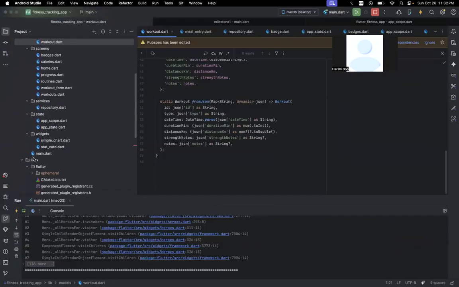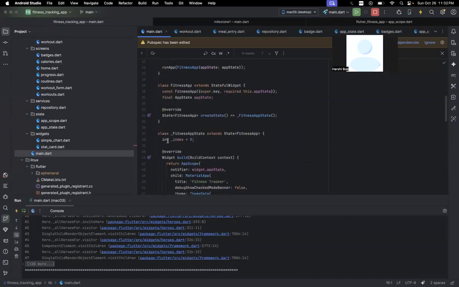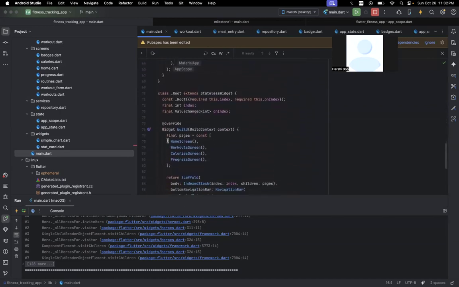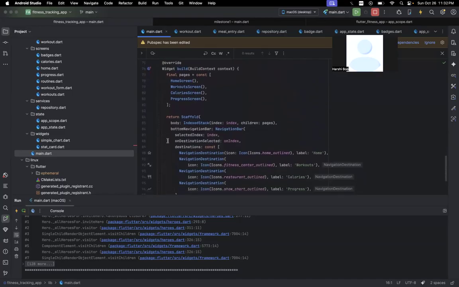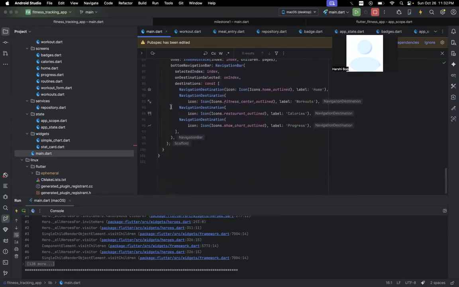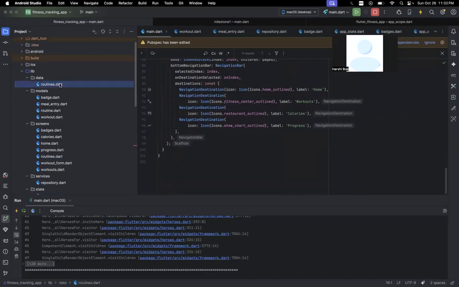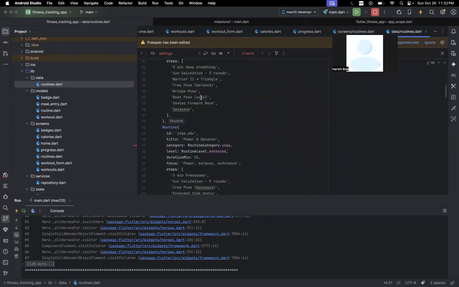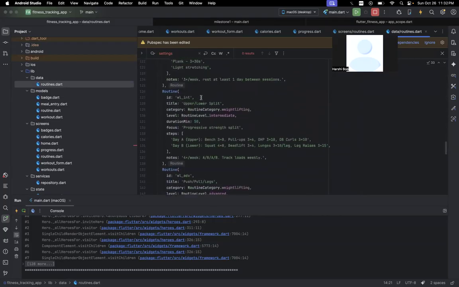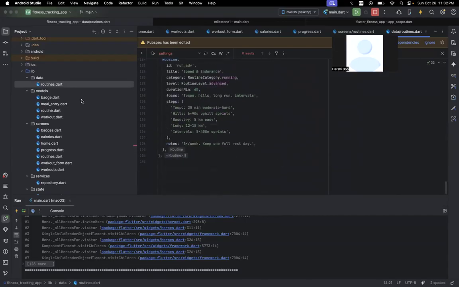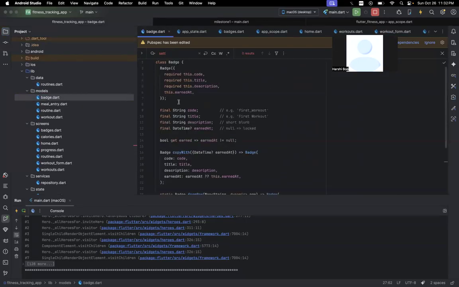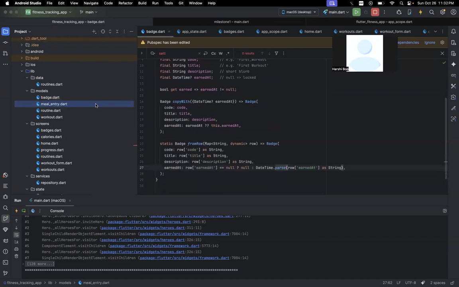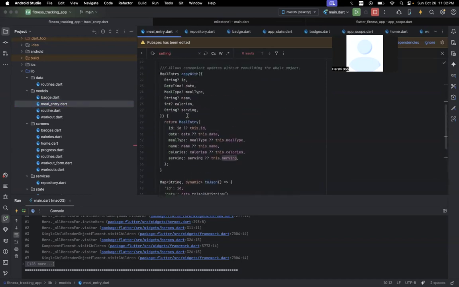The actual base for the actual code. Here we have the code for the main Dart file, basically the glue that holds all the code together. The data for the routine itself, basically adding all the basic routines that you want to see. The data models for keeping track of the badges. The data model for the meals,